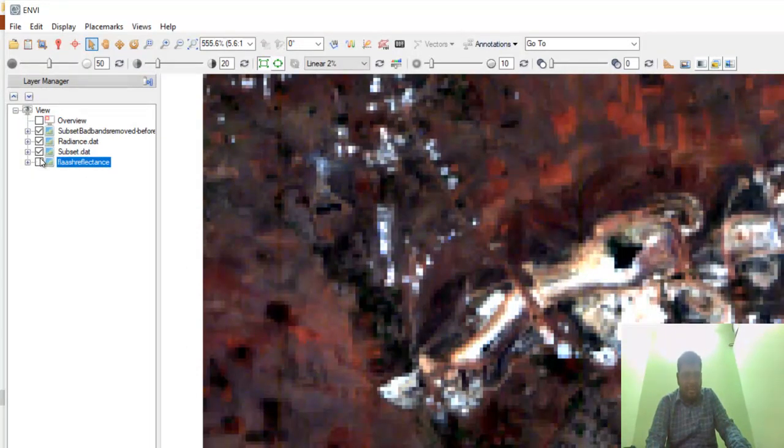But as a visualization part, don't think about that. In the visualization, everything looks the same. Okay, so the major difference will come only in the spectral signature plot. So in this way we can do the FLAASH atmosphere correction model. Compared to any other atmosphere correction model, in my suggestion, the FLAASH correction model will give better absolute reflectance compared to other models.